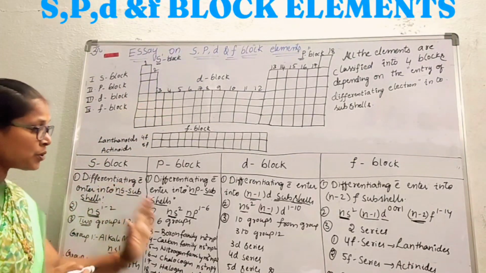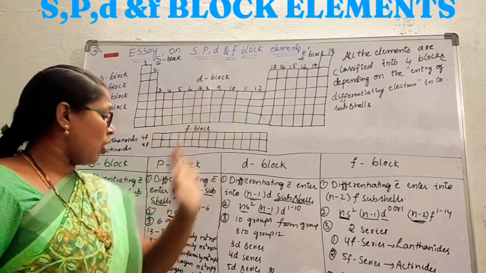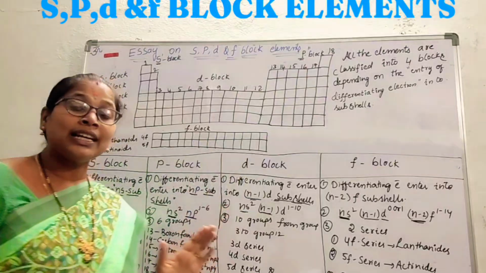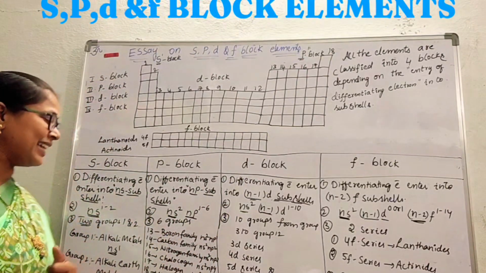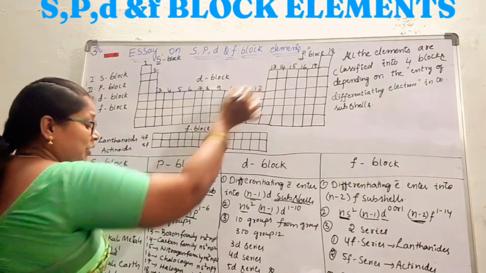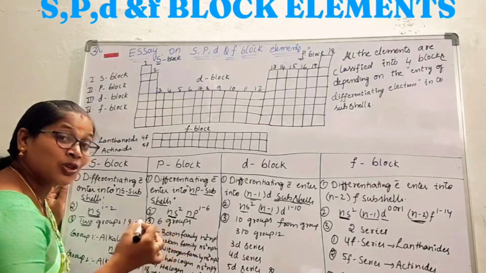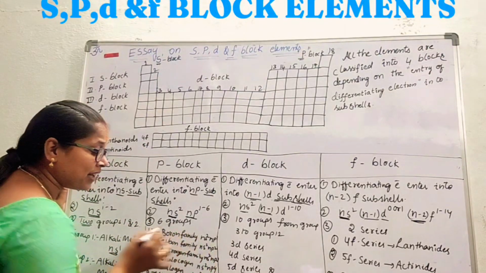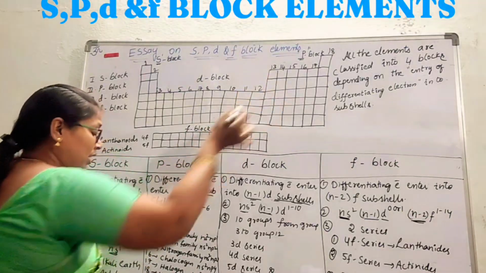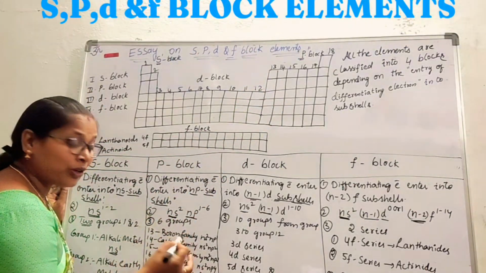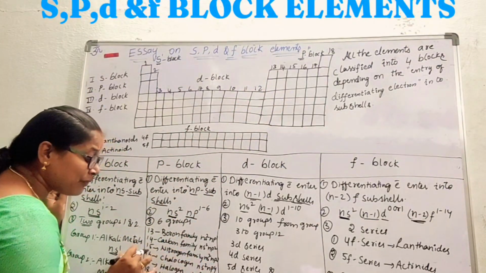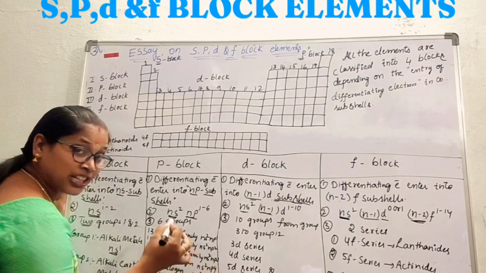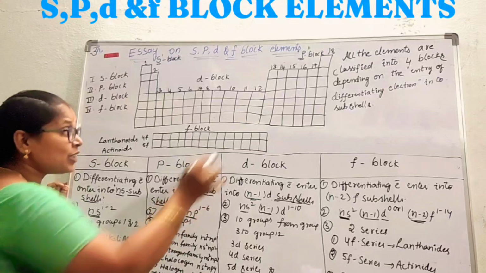Let us come to p block. How many groups are there? 6 groups are there: 1, 2, 3, 4, 5, 6. So the 13th group is called the boron family because the starting element is boron. The general electronic configuration is ns2 np1. The 14th group elements are called the carbon family, general electronic configuration ns2 np2, and 15th group elements are called the nitrogen family, ns2 np3 general electronic configuration, and 16th group elements